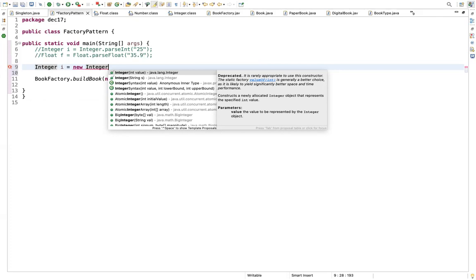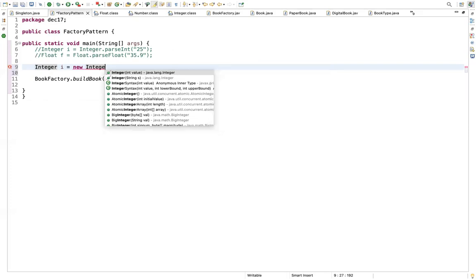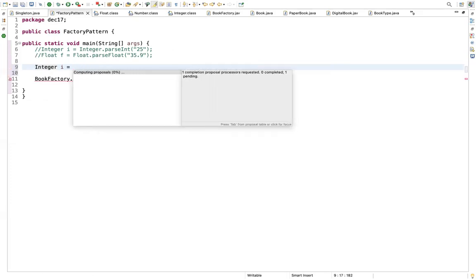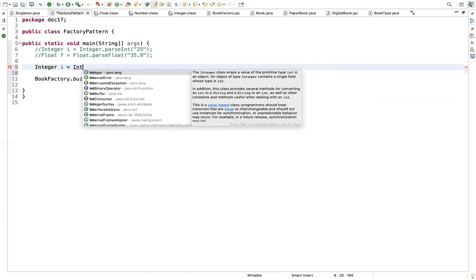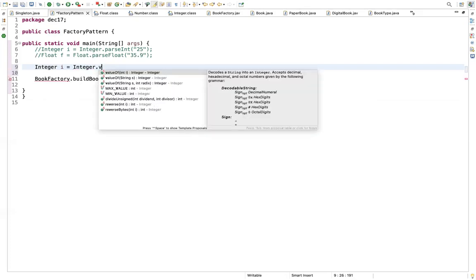After that, to access those relevant methods, in line number 6 we were accessing only the static methods, Integer.parseInt or Integer.valueOf. Now, instead of new Integer, can you type Integer.valueOf?